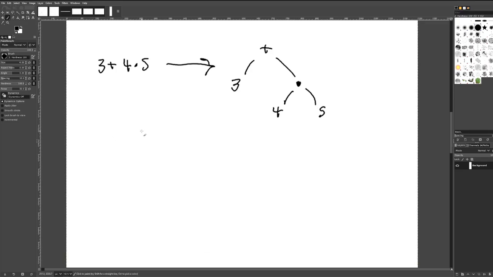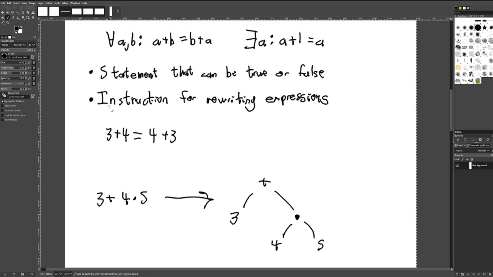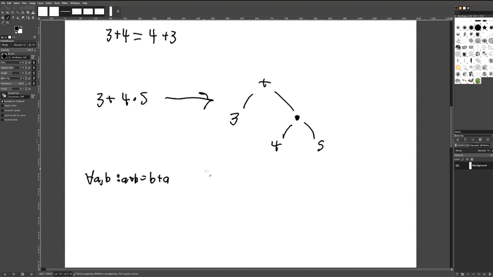And then if you have an equality, like for all A and for all B, A plus B equals B plus A, you can write this. This is a way that you can write a rewrite rule. So any rewrite rule, looking at this second interpretation of these things, we have a statement that can be true or false, which is one thing that it is. And it's also an instruction for rewriting expressions. So looking at it that second way,